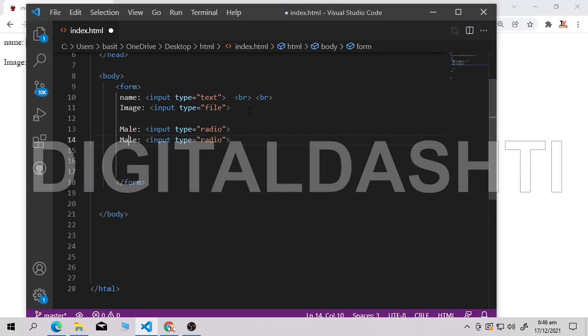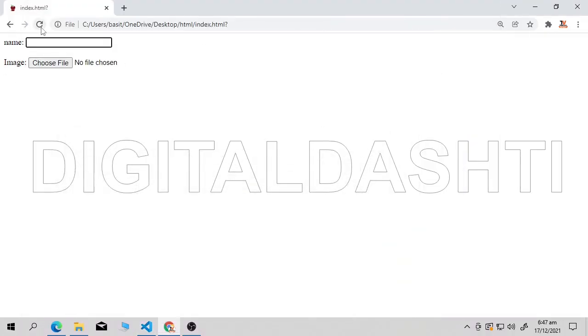Now here write female. Female type is radio. Again we have to use our br tag here. Paste them here, Control S, save the page, go in your browser, refresh the page. Fine, it's very easy. This is your male, this is your female.